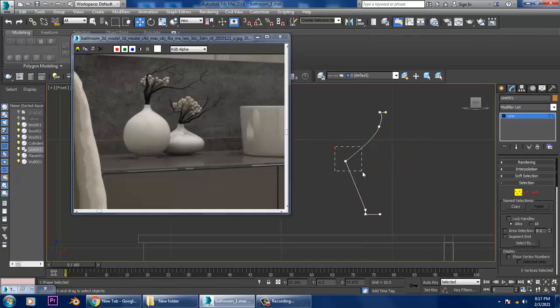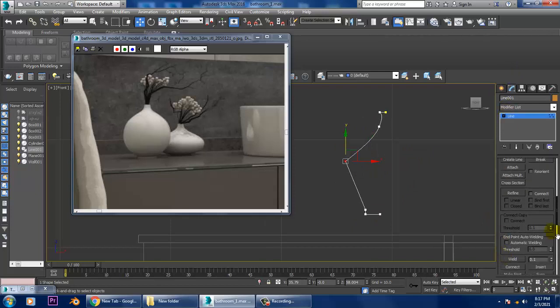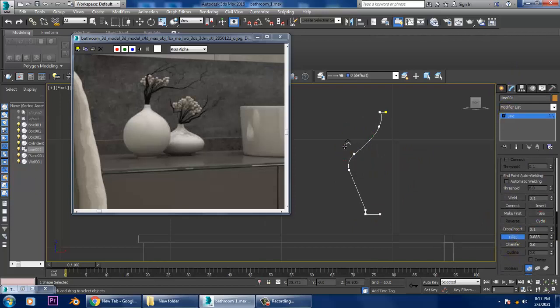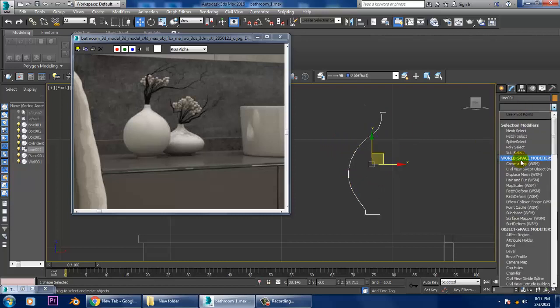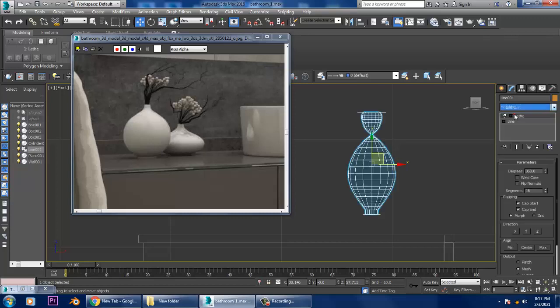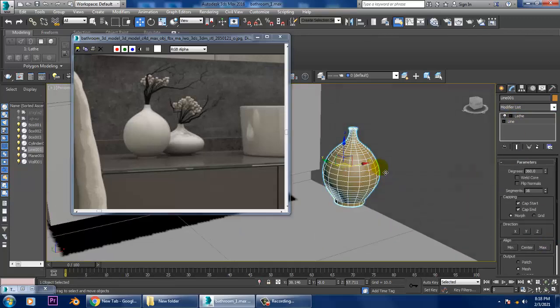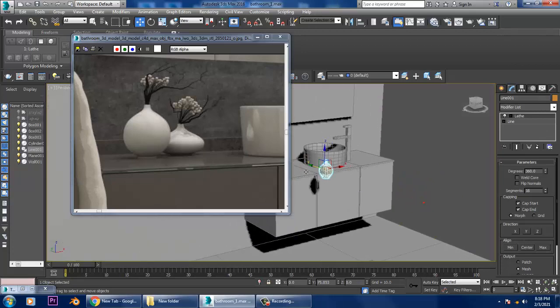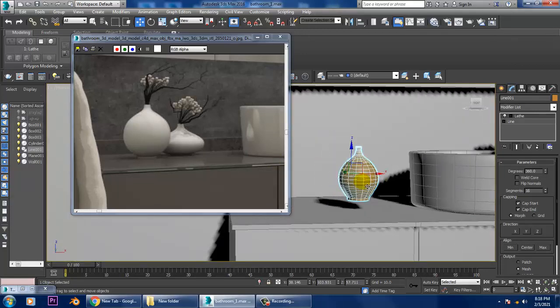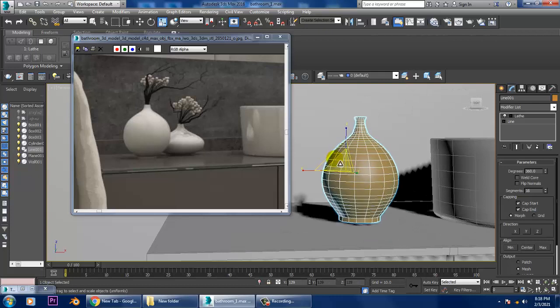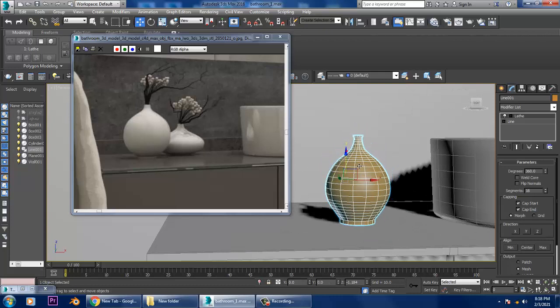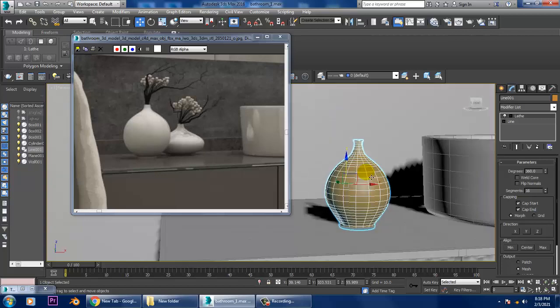Go into the vertices and let's give a fillet over here. So you can just give a fillet over here. Let's select the vertices and slightly push it out. And we have a modifier called a lathe modifier. So let's give a lathe modifier and let's give such a shape over here. As you can see, we have assigned a shape in this way. Let's just resize it a bit and push it over here in this way.